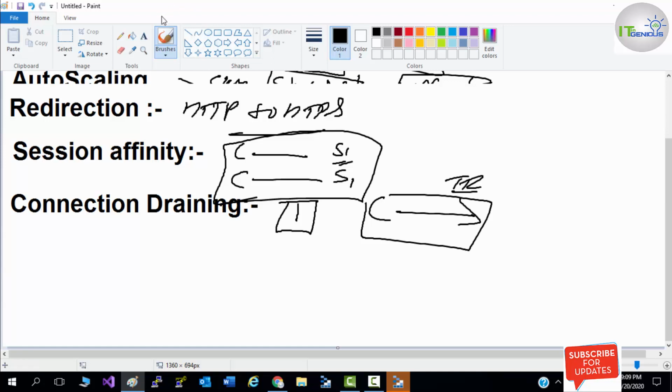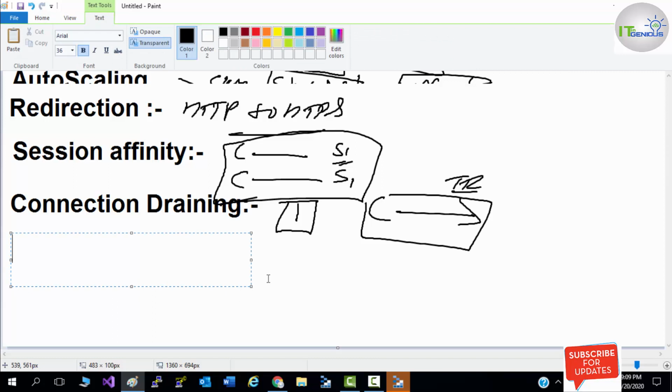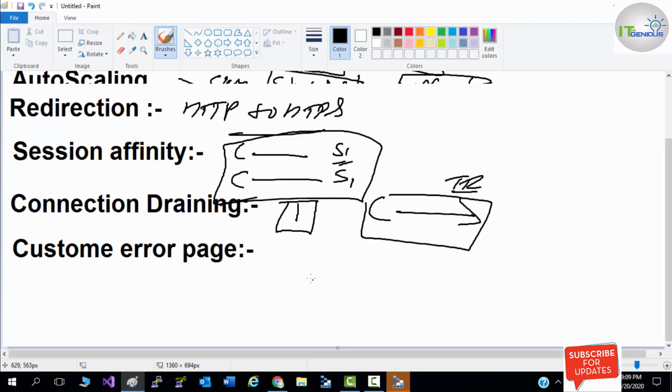Then we have one more feature, which is custom error page. If there is any error on your application gateway when a client is accessing your web server through it, and he is not able to reach the backend, he will get an error page.